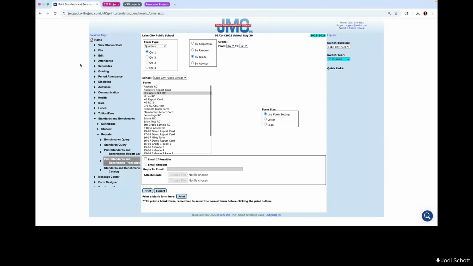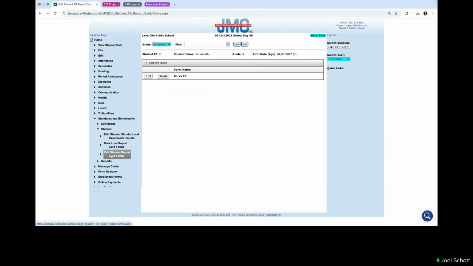That when students join, if you go to reports, go to student and edit student report card forms. This is where you want to make sure the report cards are attached. So if you do use students standards and benchmark report cards, make sure that the most current report card that you're using. So if you bulk load your student report cards each year, and then you have a student join mid-year, you want to make sure that you remember to go back and add that report card for that second grader that joined mid-year or